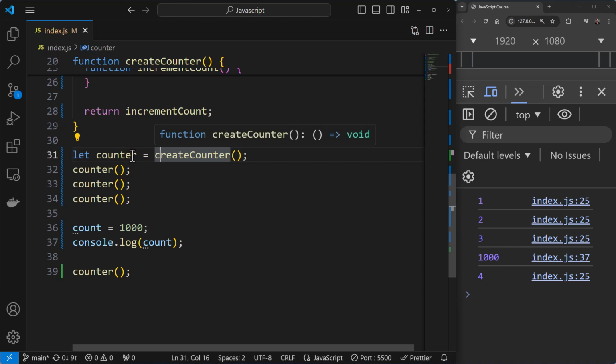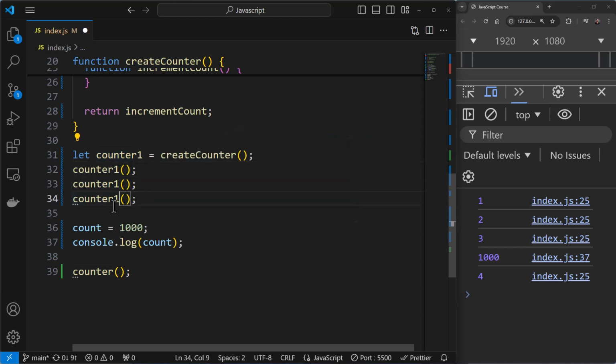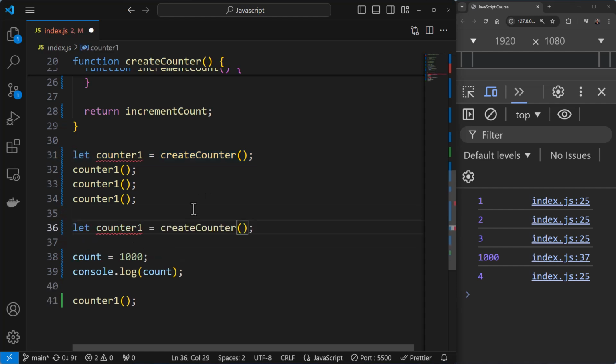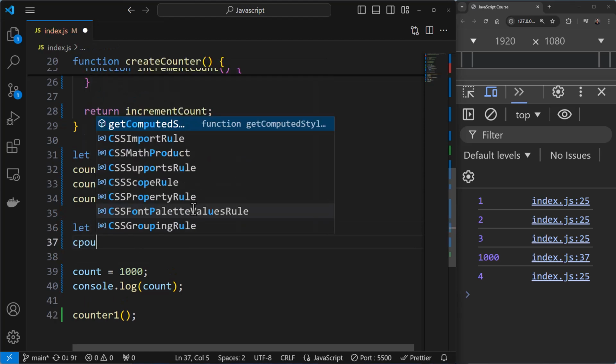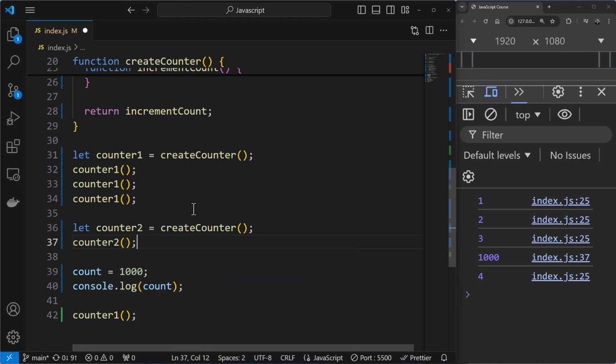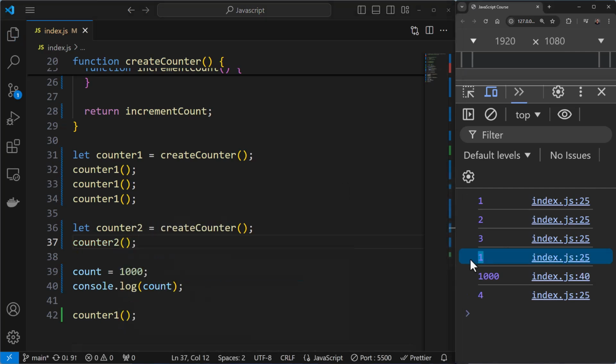Okay, so for example, this is counter. I'll call this counter 1. Nothing changes for us, right? Let me create a counter 2. So let's say I decide to create counter 2 over here. I'll name this counter 2. I can say counter 2 over here, something like this, and you'll see counter 2 has a value of 1. So this is independent. Okay, so this is the power of closure, wherein you can create multiple independent counters using